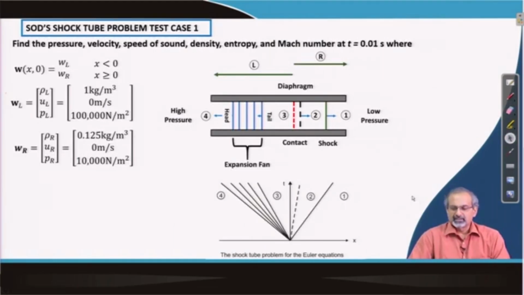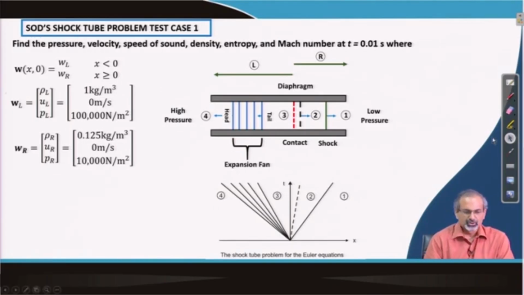So, we have discussed a few methods under the umbrella of the flux approach. Remember that in the flux approach we never talked about the wave aspect of the problem. So, there is another set of schemes or approaches which can broadly be covered under the wave approach, which we will discuss subsequently. Before we do that, we introduce the shock tube problem,